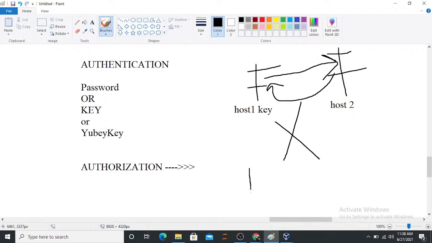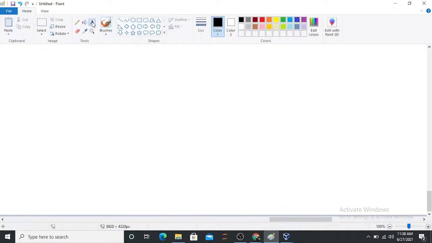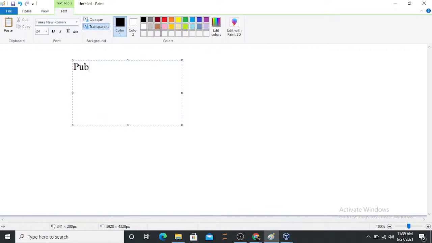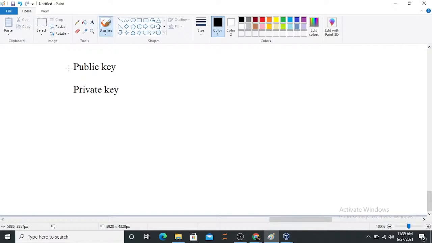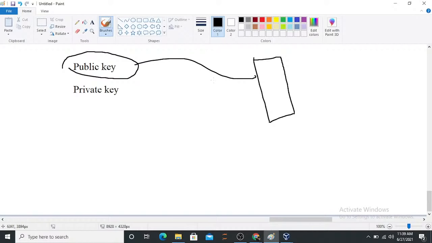Okay, and the key which is generated is an RSA key, which is obviously a security concern, which we are not going to deep dive into. So there are two types of keys, the public one and the private one. The public key is copied on the other host, and the verification is done by the private key. It will check whether each bit of the private key is matching,